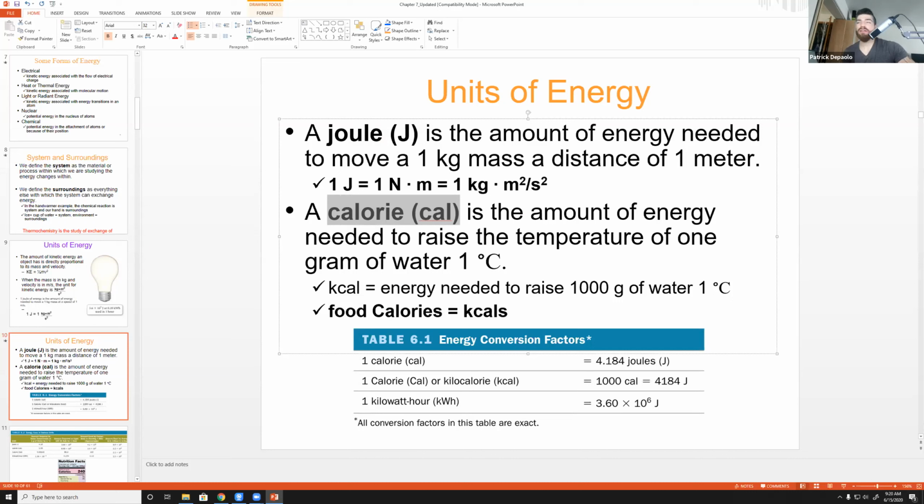You can have hundreds of calories, thousands of joules, thousands of calories. Most of our measurements are going to be in kilojoules, and we'll have 10 to the 5th, 10 to the 6th calories, or even kilocalories, because they're generally small units. Now, the kilocalorie for food is a capital C, and that means 1,000 calories. So if you say you have a 100-calorie snack,